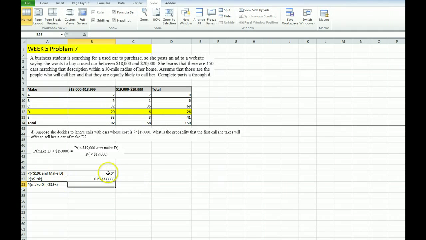And then let's look back at this, because I think I made a mistake here. The probability that it is less than 19,000 and it's a make D should really not be column C, because we're looking at less than 19,000. So it's 20, which is here, is less than 19,000, and it's a make D. So this is supposed to be equal to 20 divided by 150. So therefore the probability that it's a make D given it's less than 19,000 is going to be equal to,